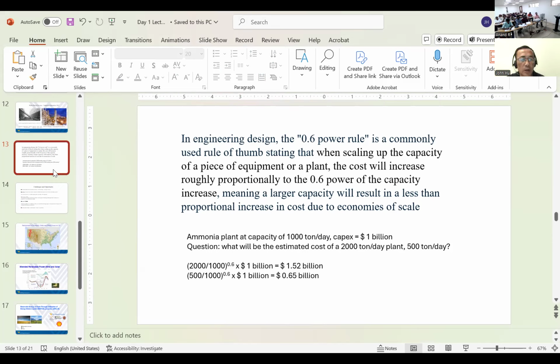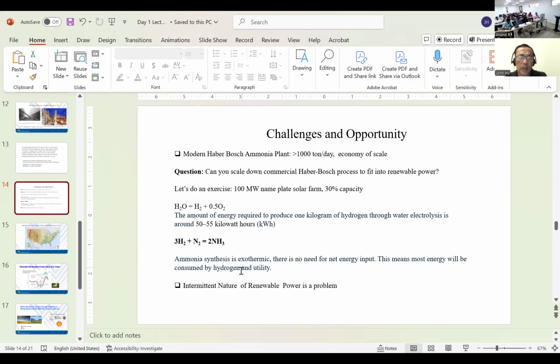I think on day 4 we have a case study. This is going to be the case study for day 4, and I want to give you some of the data. Instead of wasting our time in the lecture, this is more like either you call it homework or I would say pre-study. I'm going to email this to Dr. Anand. Everyone look at this slide, and you will see you have to scale down the Haber-Bosch